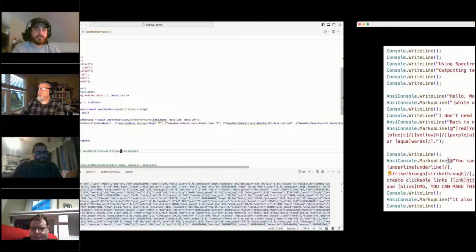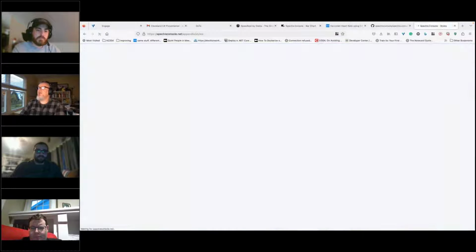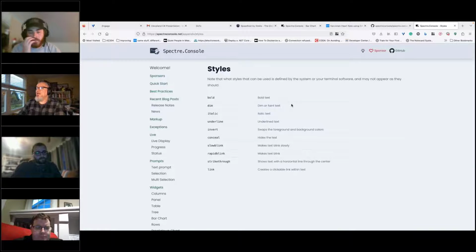Again, if you go back to the documentation, under styles it will tell you slow blink, rapid blink. Here you can do italics. I haven't quite understood conceal, why you would hide the text and you wouldn't just not print it. So that's an interesting one that I have not experimented with too much. But you can also invert the colors. And I'd be very careful about dimming things, only because of my console right now,